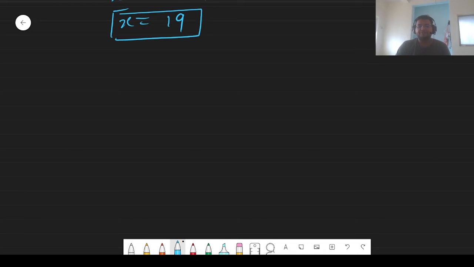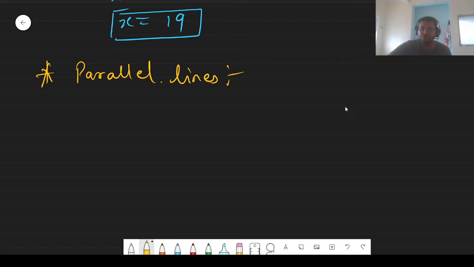Hey friends, welcome back. So today we are going to study what are different types of angles when measured between two parallel lines. So let me draw a figure here. I hope you all know what parallel lines are, okay? Parallel lines. The lines which do not intersect on a plane are called parallel lines. We are only talking about a plane, which is a 2D figure, okay?